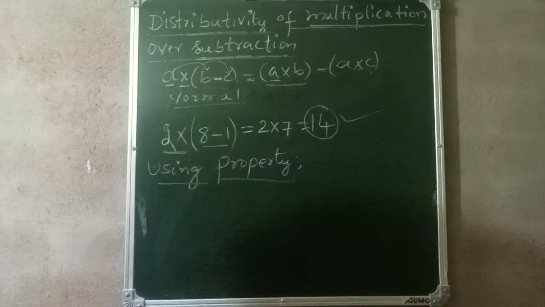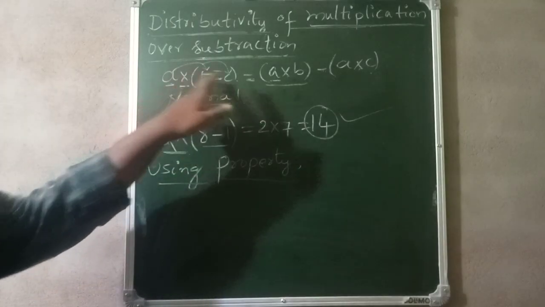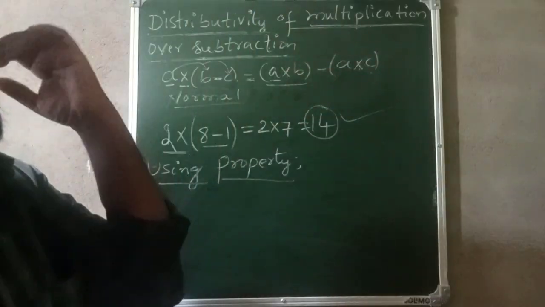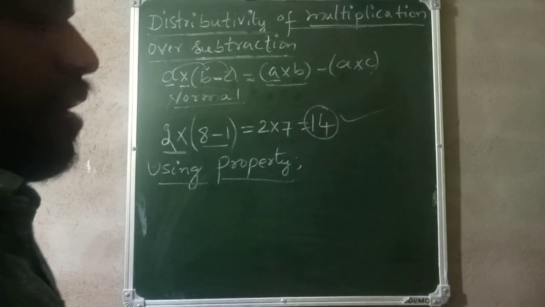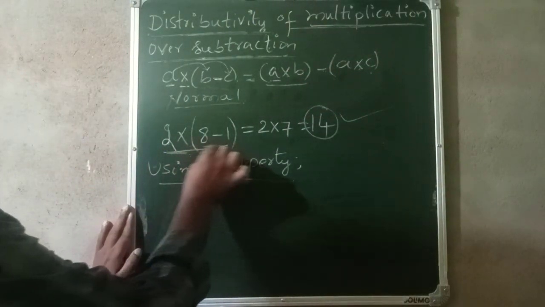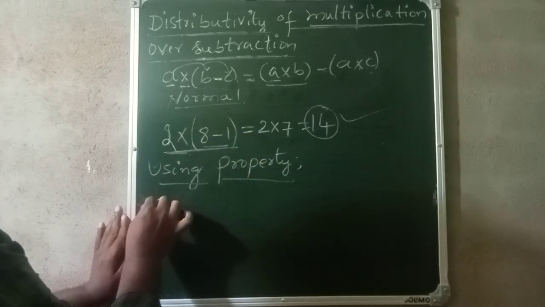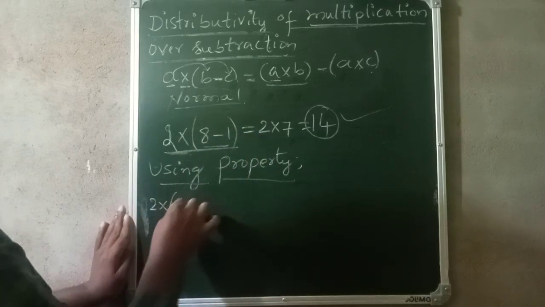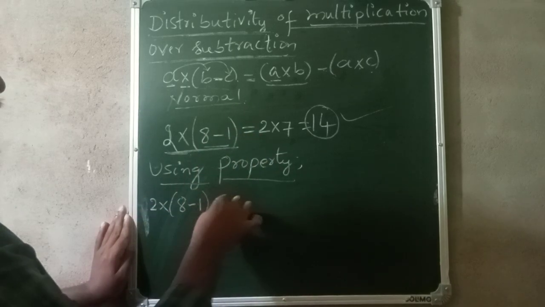Using property means this only, using this property we are going to simplify. So first write this given expression as it is, like this: 2 into 8 minus 1, so is equal to,